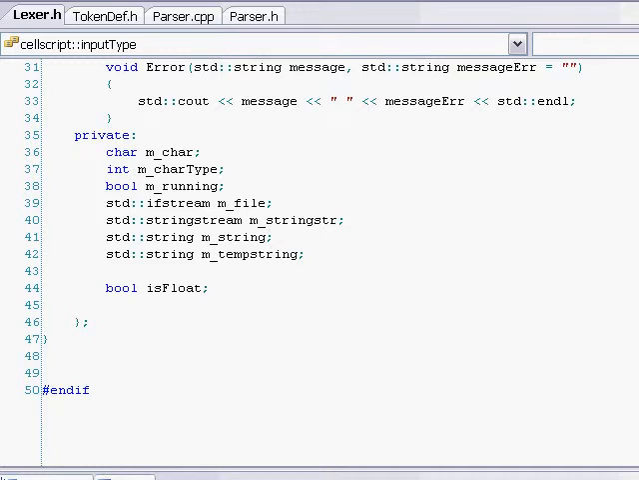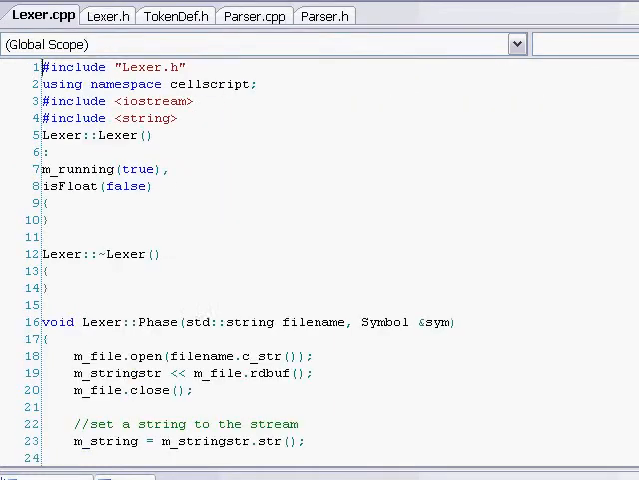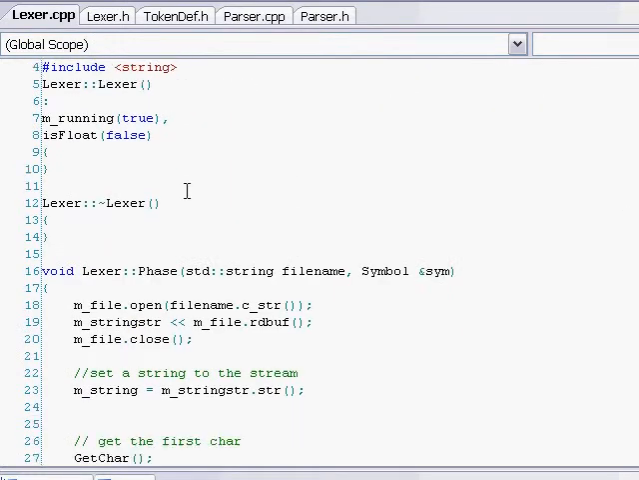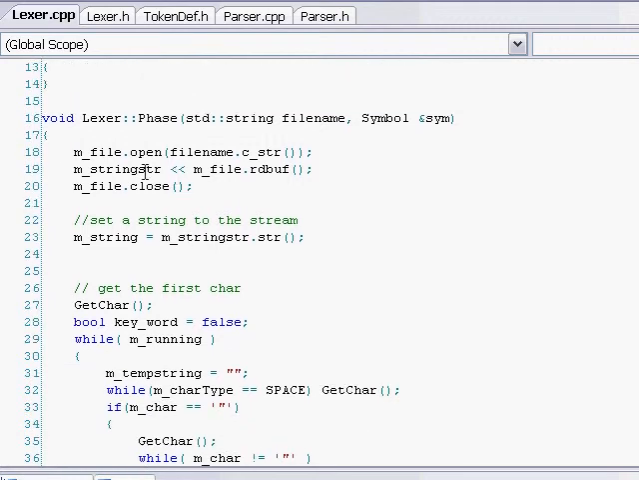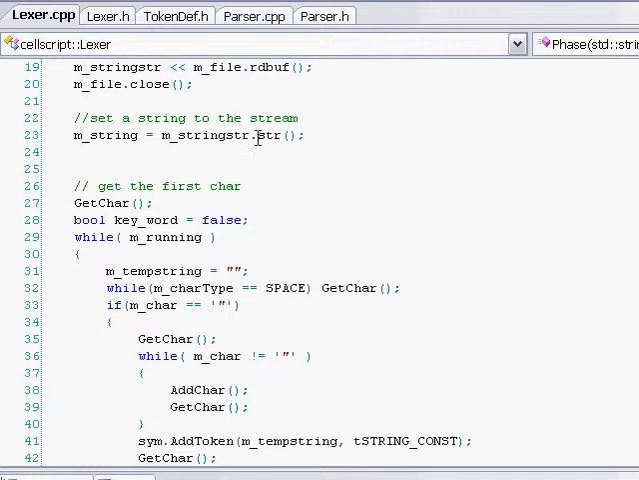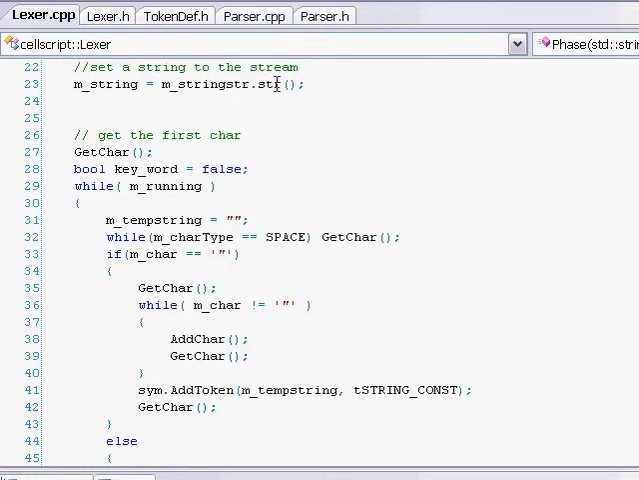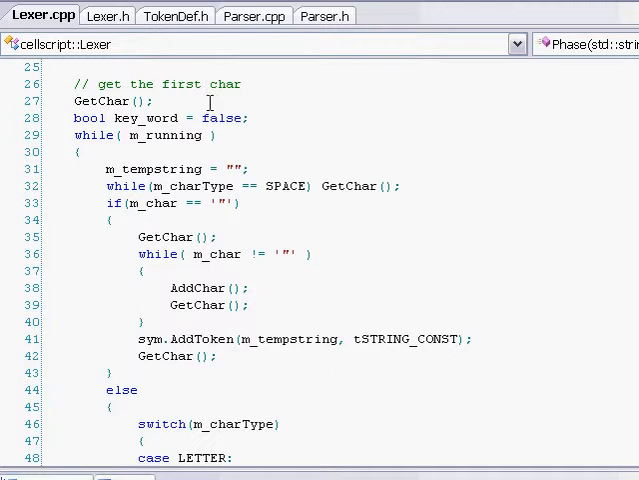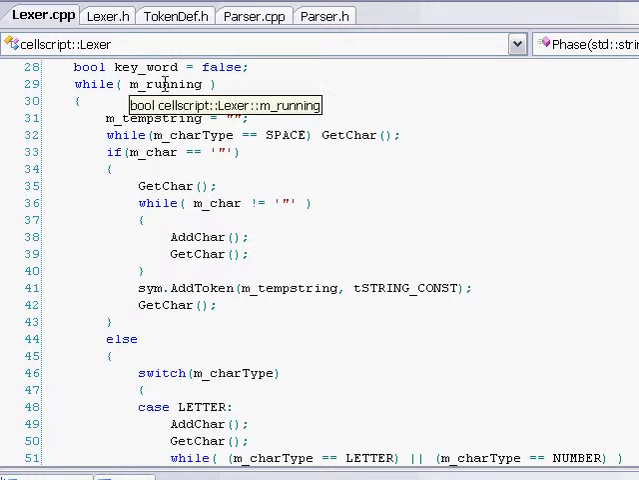Then I'll show you how I'm doing this. It's kind of weird, kind of crazy, but basically I open a file, and then I read the entire file into a std string stream, and I close the file so that all my file reading is done right away. Just to make my life easier, I set a string equal to it, so I got rid of the file forever. And then basically I get a char, and then while running, which is while it doesn't hit the end of the file,